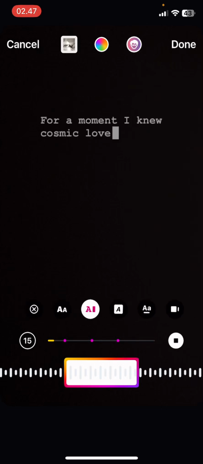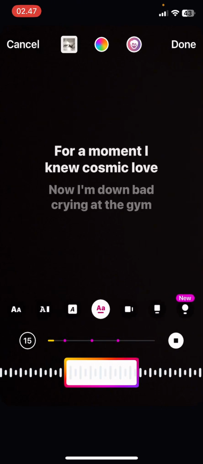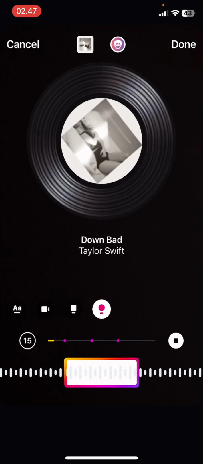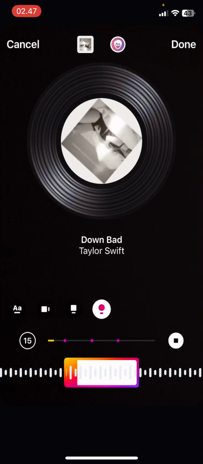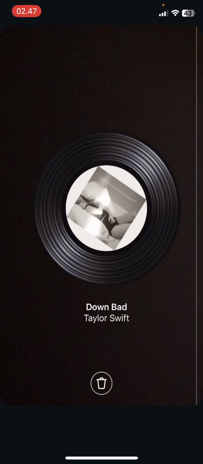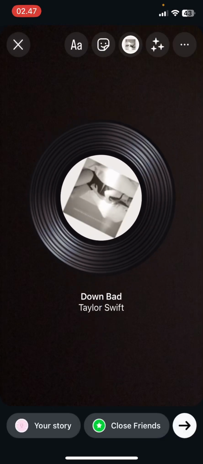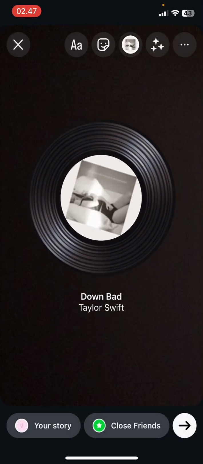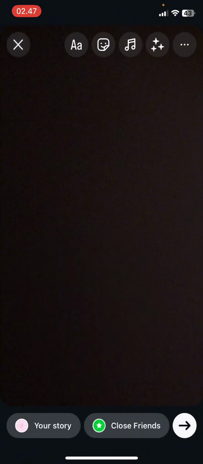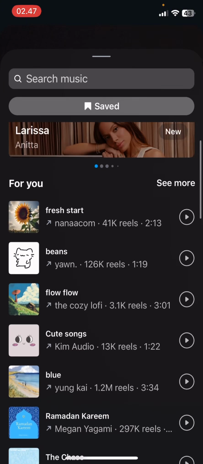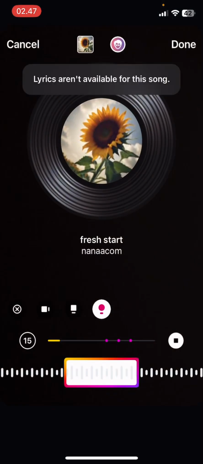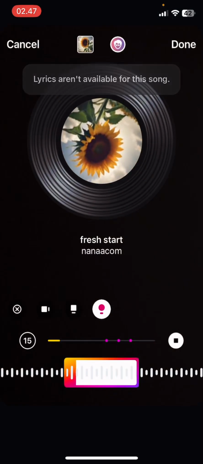So then you're going to go to the very right. And then as you can see, there is this spinning CD. It works for every song, so if you change the music to maybe this one, Fresh Start by Nanakom,